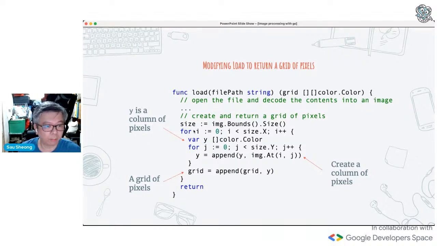The only thing I added on is an extension of this. So first, I would find out the size of the grid that I want to create. So this image.Bounds().Size, this will give me basically a rectangle of the image, right? And for here, I would create columns of pixels, and after that, I would append it to another array, and that ends up being a grid. Okay, so again, nothing rocket science here. This is just iterating through the pixels, and then I append them and make it into a two-dimensional array.